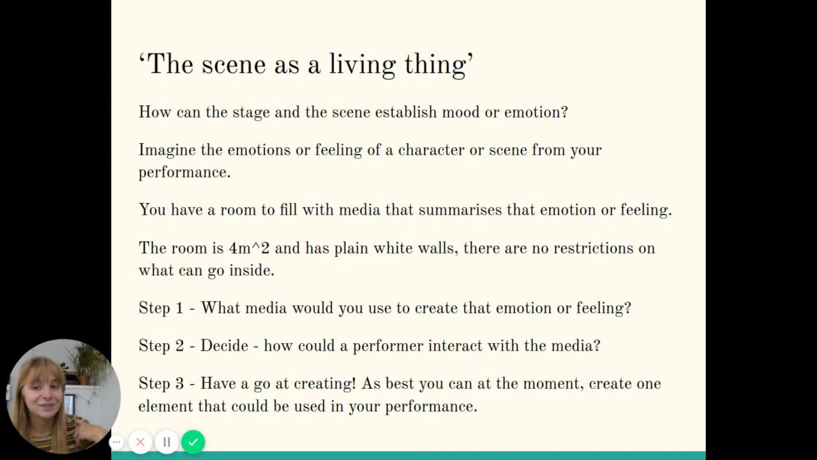Then you're going to have a go at creating. Now, I know some of you guys are absolutely brilliant at creating short films. I know some of you guys are musicians, so we can be thinking about what you can have a go at creating. Obviously, as best you can at the moment from what you can do in the house, or if you're coming into school, maybe you can work something out, but only use what you can at the moment, don't push it. But I want you to create one